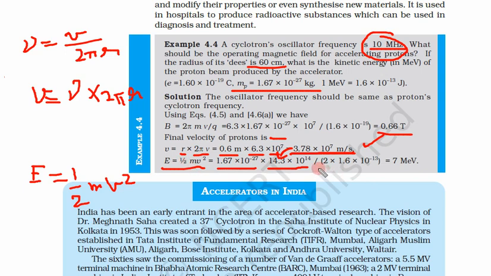Now divided by 2, and here also we have changed it into dividing by this in million electron volts. Previously it was in joules. If we divide by this million electron volt, then it will come in million electron volt. So we have divided by this number 1.6 into 10 to power minus 13. So when we calculate all these things, it will come nearly equal to 7 million electron volt.